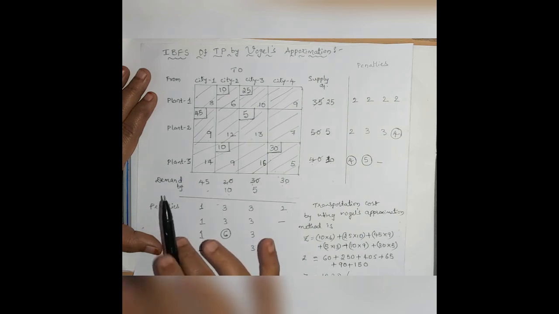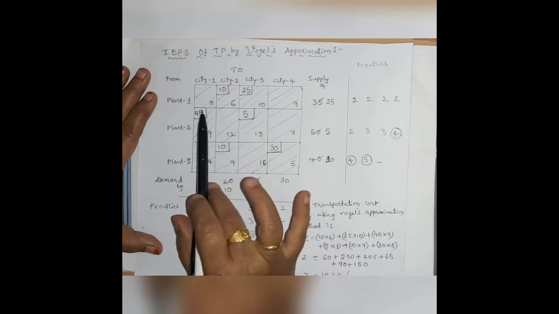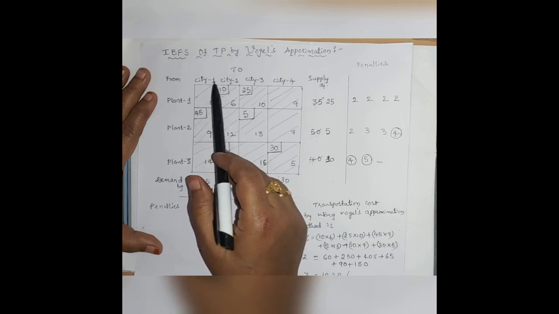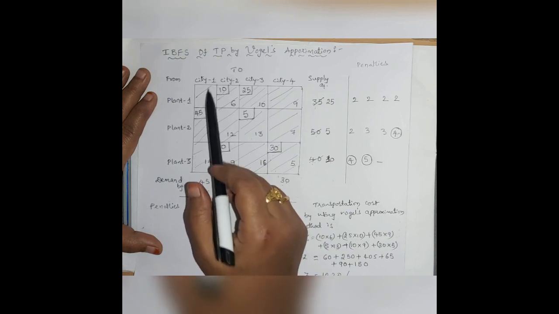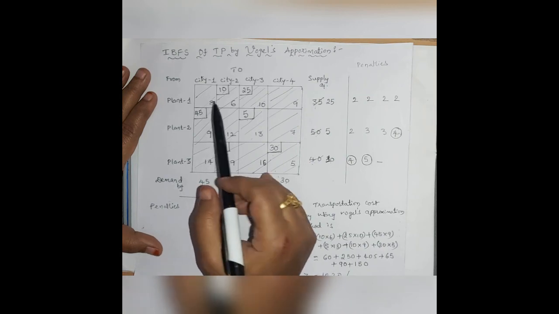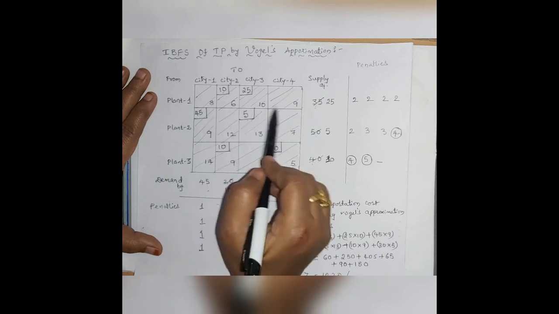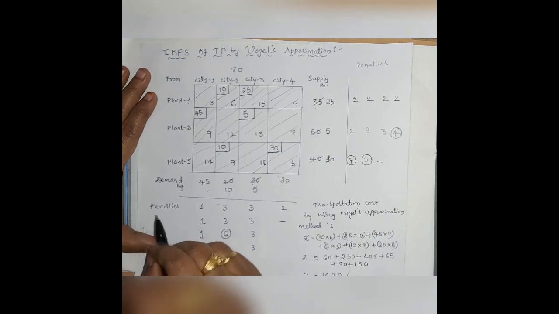So let me explain once again here what are these 8, 9, 8, 6, 10 and 9. These are the costs. So this 8 implies that the cost of transporting 1 unit from plant 1 to city 1 is 8. That is, if I am transporting 1 unit from plant 1 to city 1, the transportation cost incurred is 8 rupees or 8 units, right? So you are putting a box here. So this 10 implies that this is the number of units that are transported. So these are the costs, and the small box here represents the number of units that are transported.